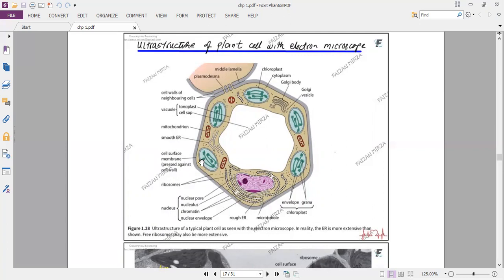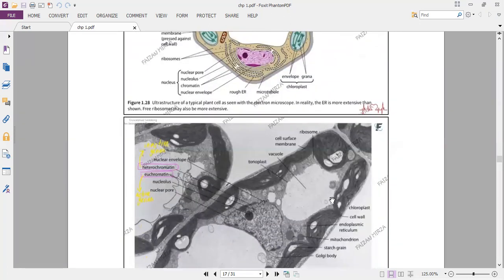There are some additional things here. The chloroplast is visible, and in the chloroplast, grana are there, and you can see the envelope of the chloroplast. Keep in mind that the chloroplast is larger than the mitochondria, and the vacuole in plant cells is even larger than the chloroplast. Between two adjacent plant cells, there is a region called the middle lamella, which is made up of calcium pectates, which glue the cell walls together. And there are plasmodesmata, which are gaps between adjacent plant cells that allow exchange of materials. So the cytoplasm of one plant cell is continuous with the other.